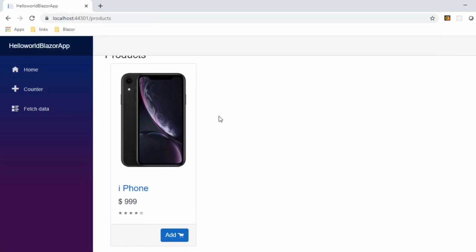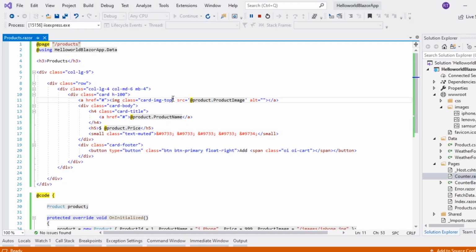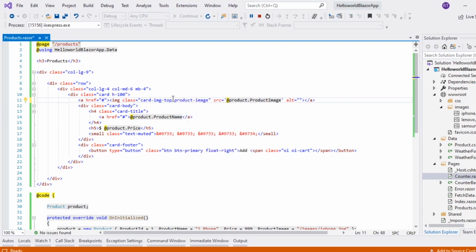Here we are able to see the image with product name, price, and the button. To have a better view, I'll add a CSS class that I have called product-image, which will just adjust the height of the card.